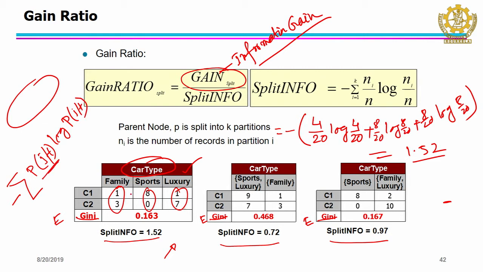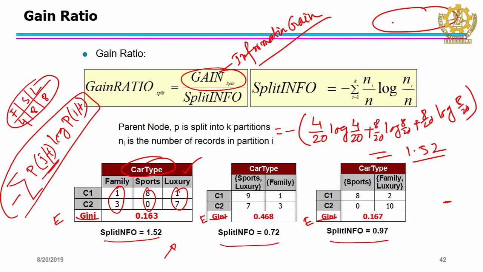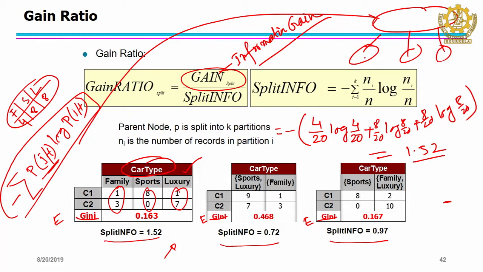This class, what is the family? If in the family, and then sports and then luxury, you had this distribution at this root. So, this is 4, this was 8 and this was 8. So, at the root, you will have 3 terms here. That will be the entropy at the root node, and then individual entropy. Also you have to compute within this node.